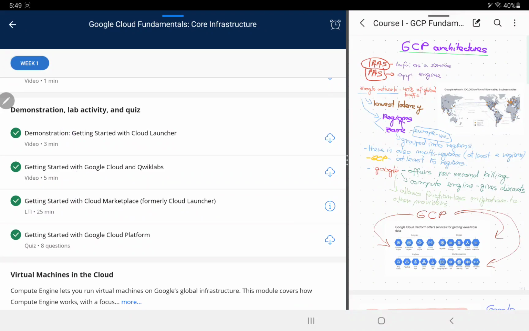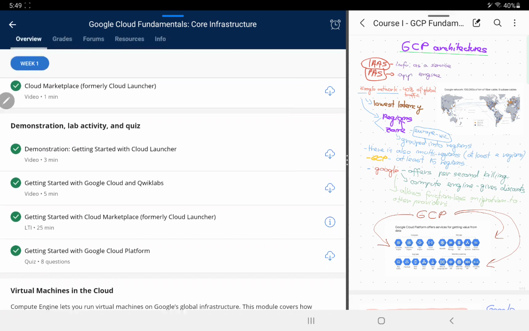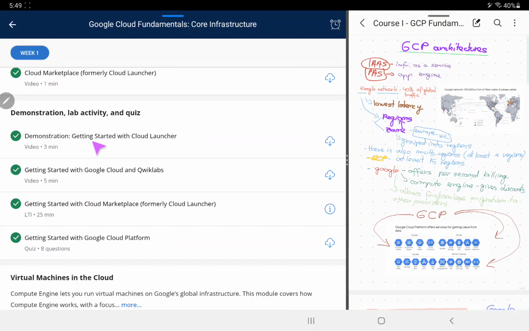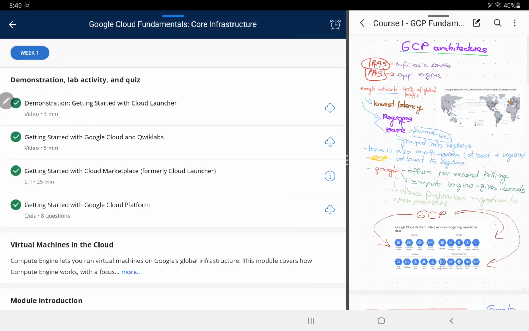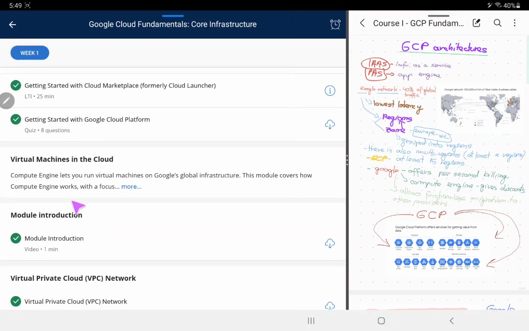So what I like about these labs, the labs are provided by Quick Labs, which is a Google acquisition. We have a demonstration of the lab, and then we are required to do the labs ourselves. So it actually holds your hand throughout the lab. It would be hard to fail these labs, I would say, and the quizzes, because everything is in front of you.